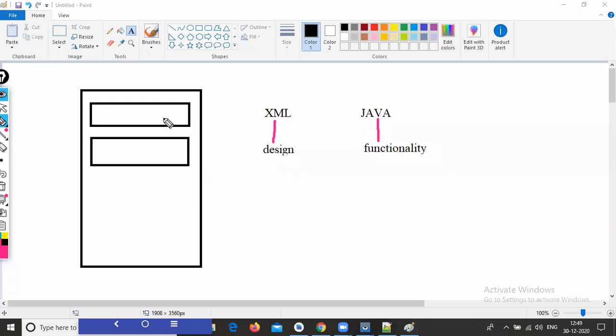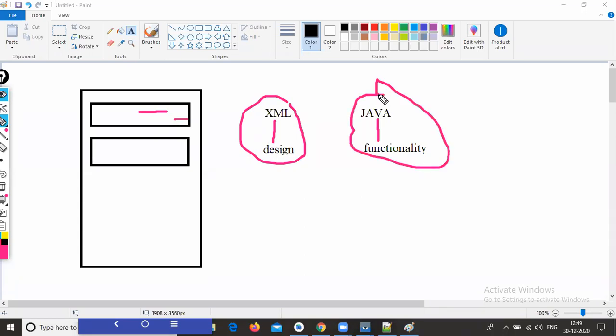That means when I click this button, what action do we need to implement? For example, let us assume this is your login screen. The design is created in the XML file. When I click the login button, it will navigate to the home page. That part will be taken care of by Java.